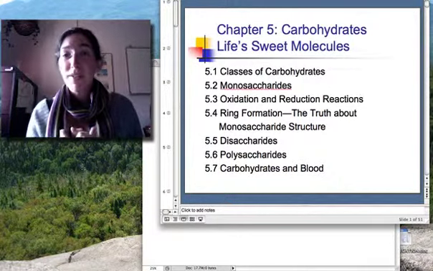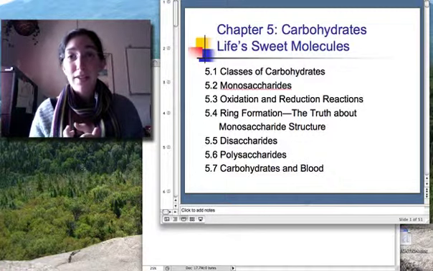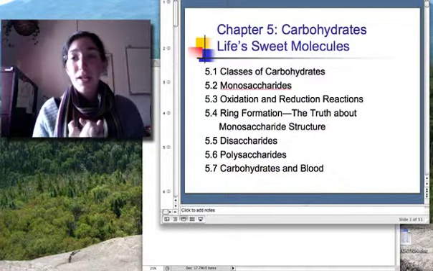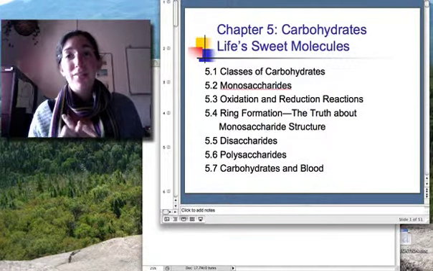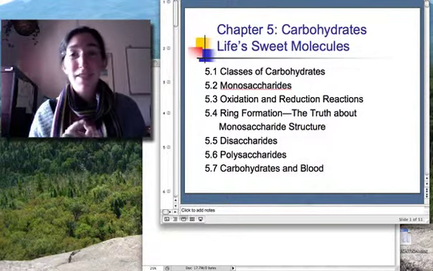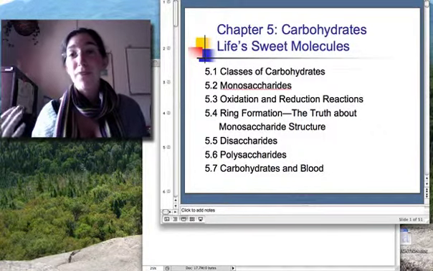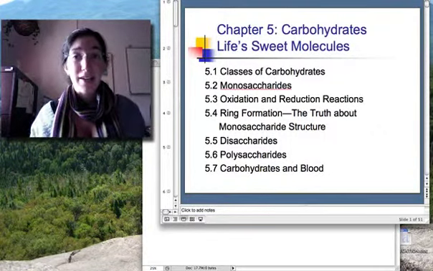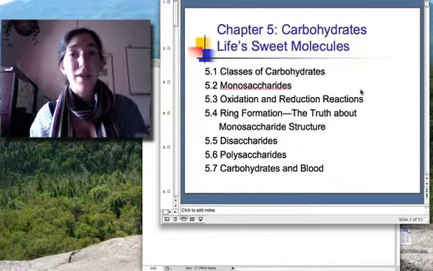So we've already briefly talked about fatty acids and lipids. We talked about those in Chapter 4. Chapter 5 brings us to carbohydrates. These biomolecules may sound familiar to you because they are part of our food. They're nutrients. They're actually molecules that we get from food, but a lot of them are molecules that we synthesize